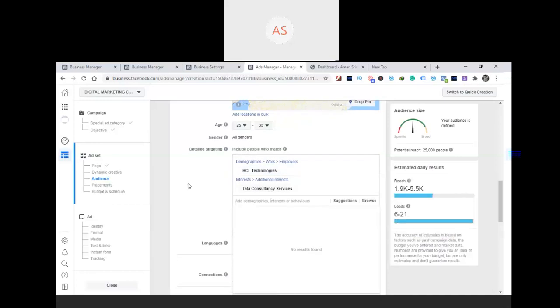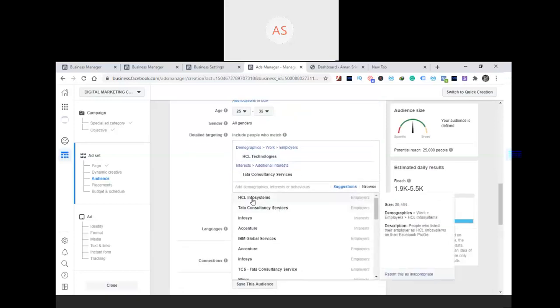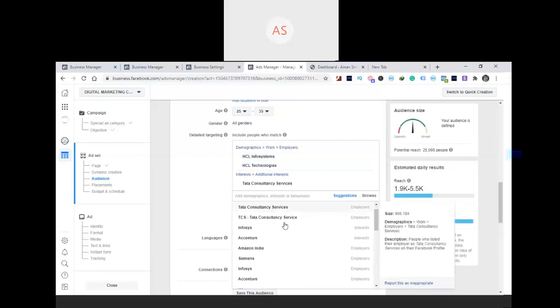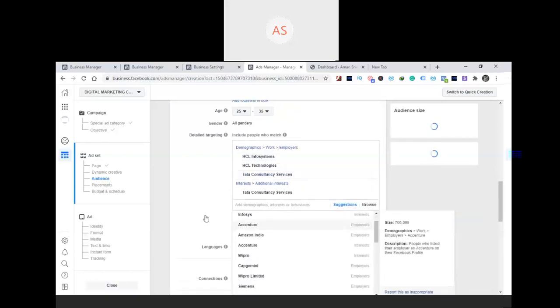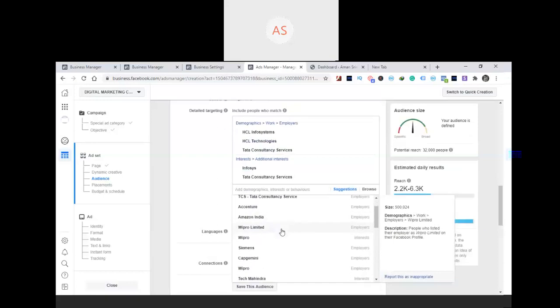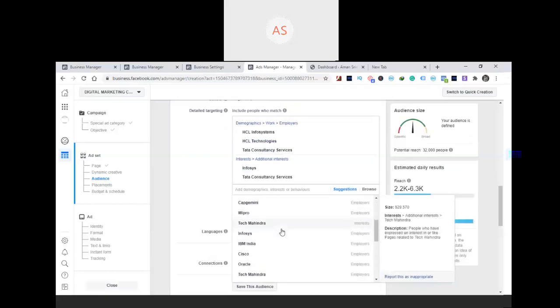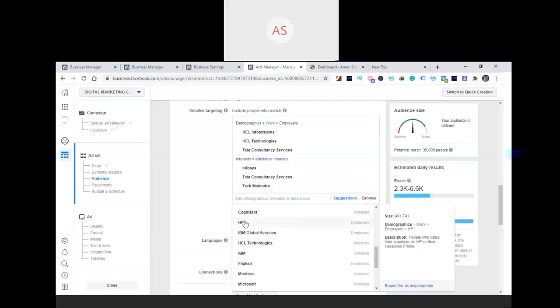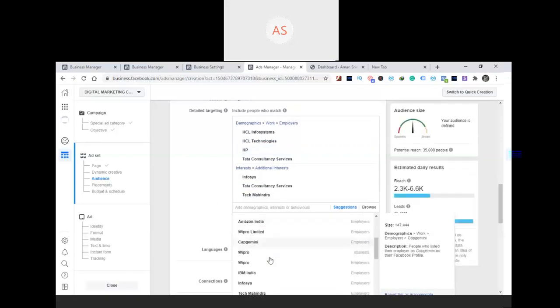And then, because we don't have a lot of industries in Lucknow, I'm just going to see suggestions. HCL Infosystems, then Tata Consultancy Services, then Infosys, then we have Tech Mahindra, then HP is also, I think, present.